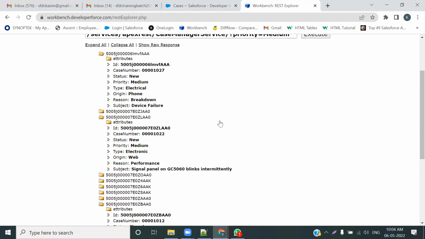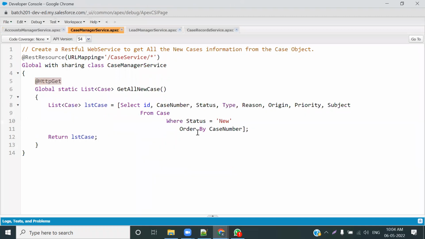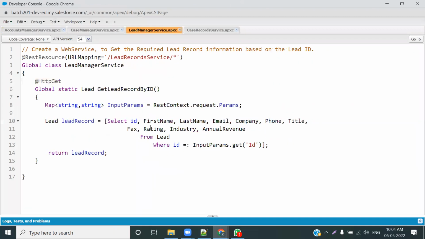Now we can get the data from Salesforce based on different scenarios. The first scenario was very easy. Get all account, get all cases. That was very simple thing. Then after that, if somebody is trying to enter the parameters के साथ में अगर if you just wanted to send